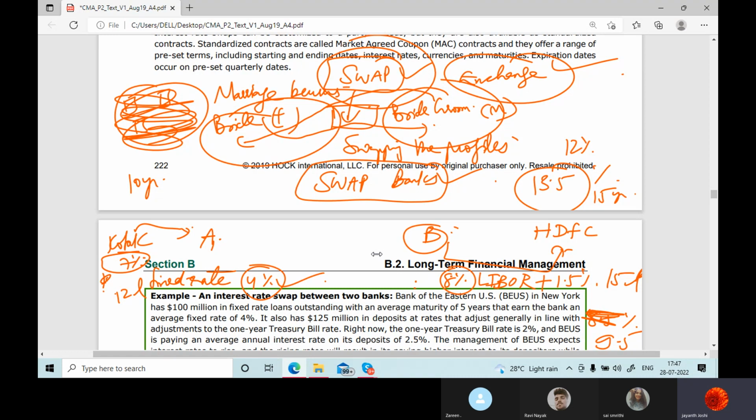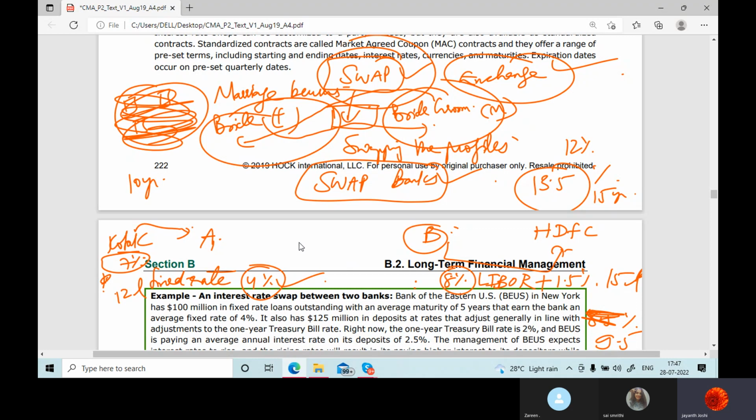But I'm keeping it very simple. Let's say A and B are friends. They meet one fine day and they exchange their worries. What A says is, boss, I have taken a loan from the bank, and I'm paying 7% fixed interest. But one of my friends has taken a loan from the same bank today, after 5 years, and they are charging 4% to him. See, the rates have gone down, and he is worried about that. So what they agree is,